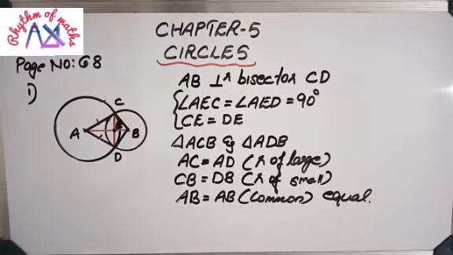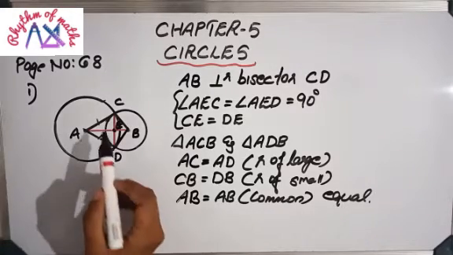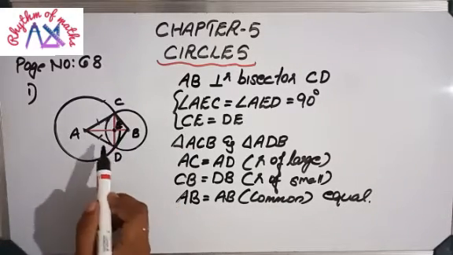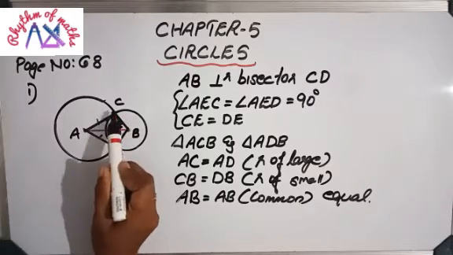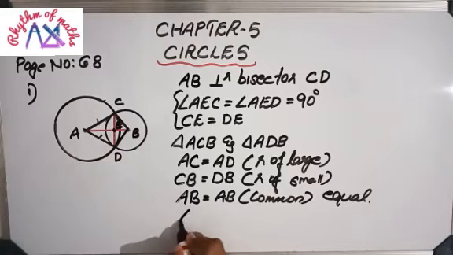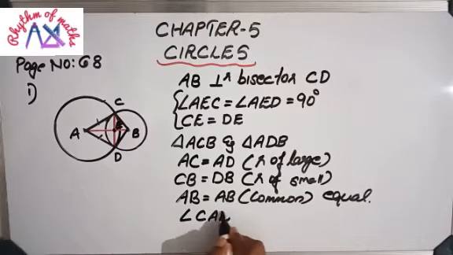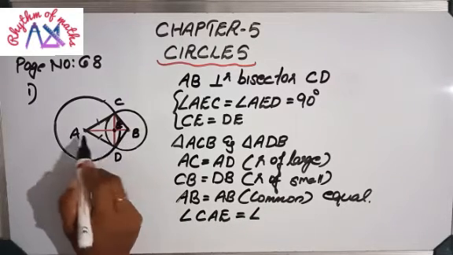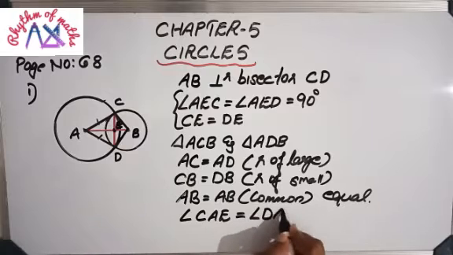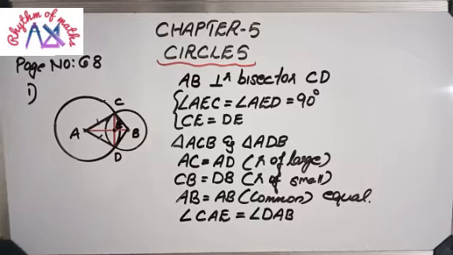So equal triangle means sides equal, means angles opposite to equal sides will also be equal. Okay, so here we can write side, CB and DB equal. Here this CD line we are not considering. So CB's opposite angle is what? CAE. So angle CAE equal to angle DB's opposite angle, which is DAB. So angle DAB. Okay, this one we got. Keep it.